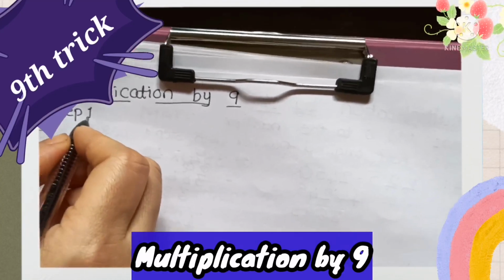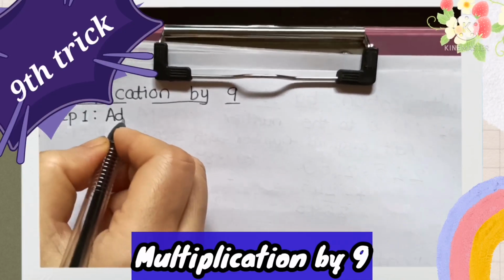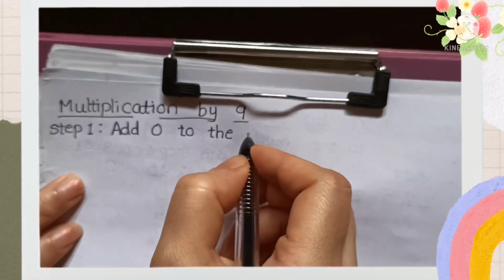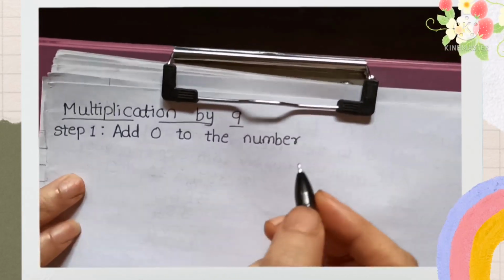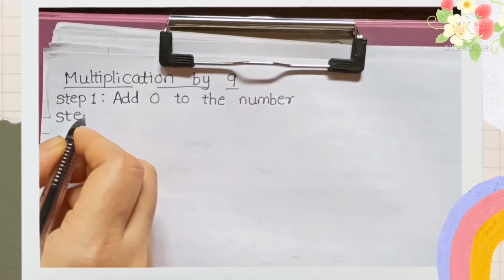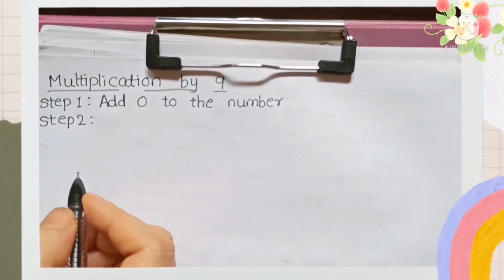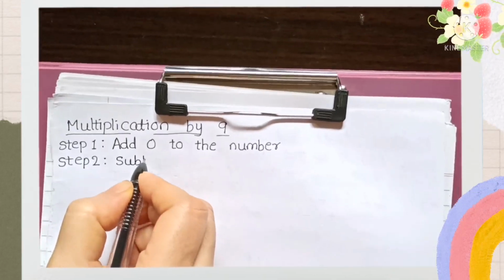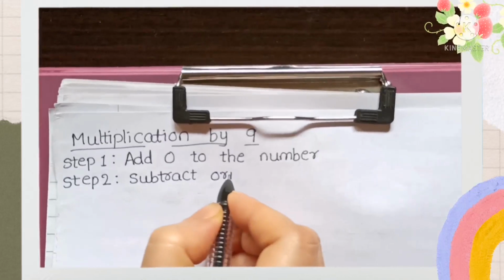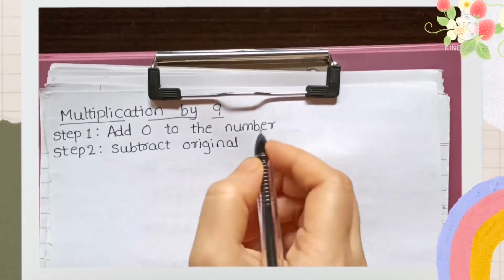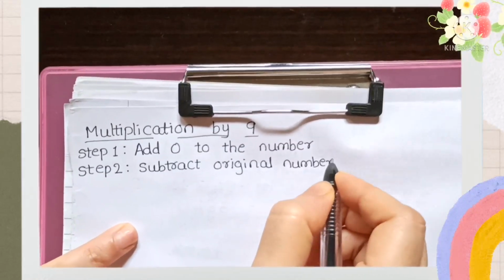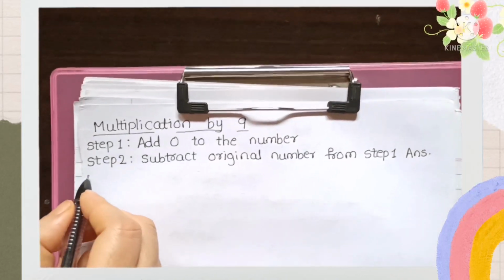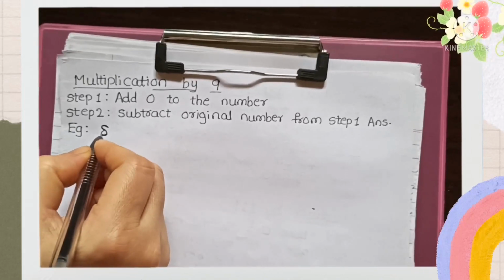हमारा नेक्स्ट ट्रिक है मल्टीप्लिकेशन बाय 9। अब इस ट्रिक का फर्स्ट स्टेप है कि हमारा ओरिजिनल नंबर रहेगा, फॉर एग्जांपल हमारा नंबर है 56 into 9, हमें 56 को एक ज़ीरो लगा देना है। जैसे हमने मल्टीप्लिकेशन बाय 11 किया था, वैसे ही हमें इस नंबर को भी एक ज़ीरो ऐड कर देना है। हमने मल्टीप्लिकेशन बाय 11 में ओरिजिनल नंबर को प्लस किया था, इसमें हम ओरिजिनल नंबर को स्टेप 1 के आंसर से माइनस करेंगे। तो हमारा स्टेप 2 है कि हमें ओरिजिनल नंबर को हमारे स्टेप 1 आंसर से माइनस करना है। तो हमारा स्टेप 1 का आंसर होगा 560 माइनस 56। तो हमारा आंसर आएगा 504।